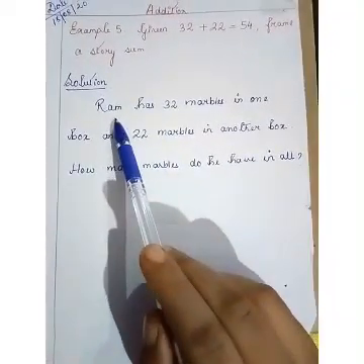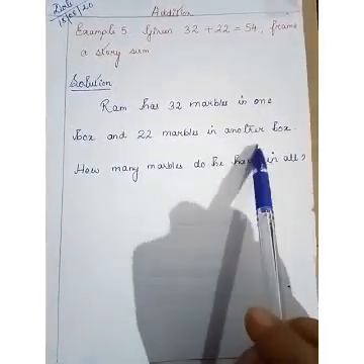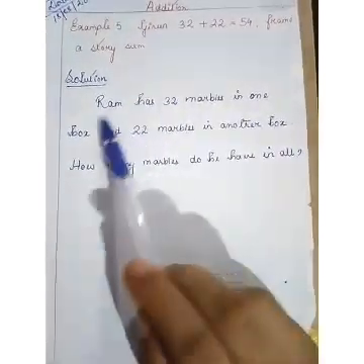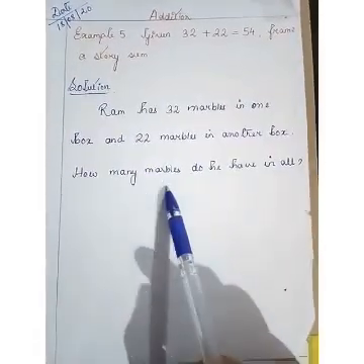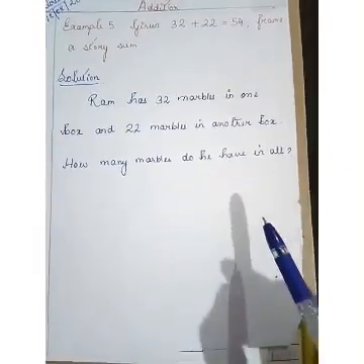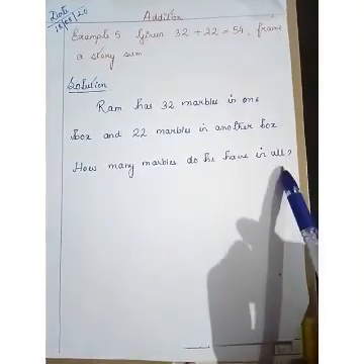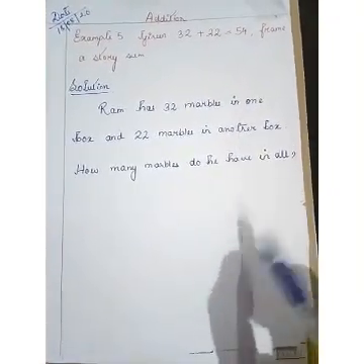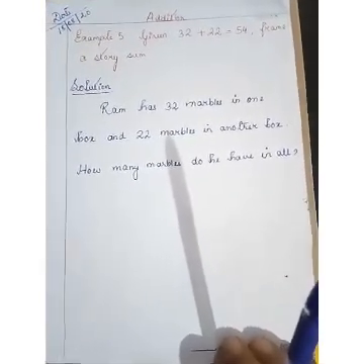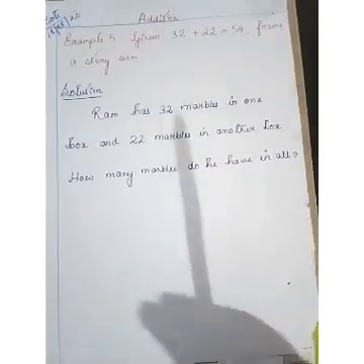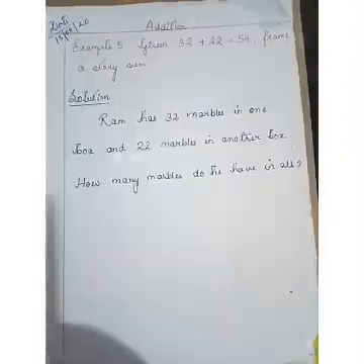Alright, so I have written Ram has 32 marbles in one box and 22 marbles in another box. Okay, this is the example, this is the story. Now since addition is given here, so what do I have to say? How many marbles does he have in all? Okay, so this is the answer, and you have to put what? A question mark at the end, because in a word problem we get a question mark, isn't it? Okay, so this is a word problem, so we have to make a story sum, we have to frame. Alright children, so these are the topics for today. That is, we have done word problem and story sum for the chapter addition.